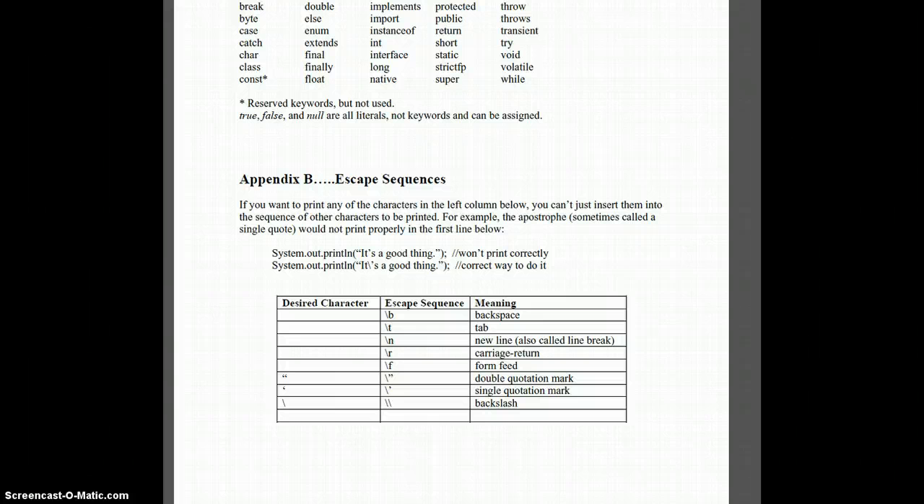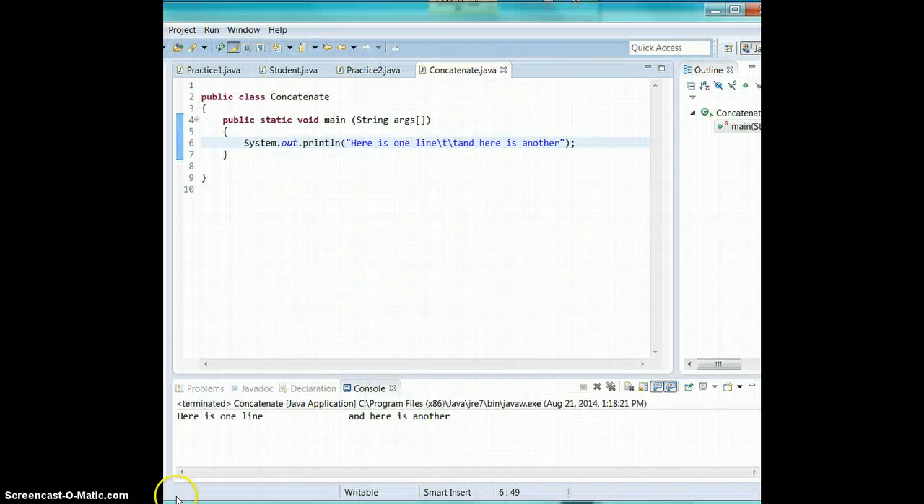In Appendix B of your book, they actually have some different places where you can use escape sequences. So if you are interested in using them, they are here in Appendix B, which is page 448 of your book. Now you're ready to do the Lesson 3 questions that are on Moodle for you,